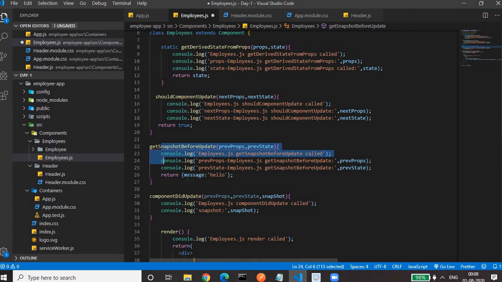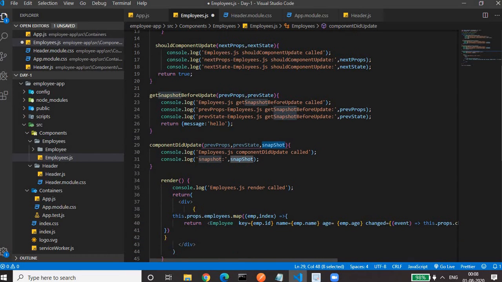We have to return the snapshot object or the coordinates of that row, and whatever we return from here, we'll get that in component did update. And here in component did update, we'll maintain that scroll position. We'll highlight that updated row. The component did update is the last method which is called when our state gets updated or our props get updated.